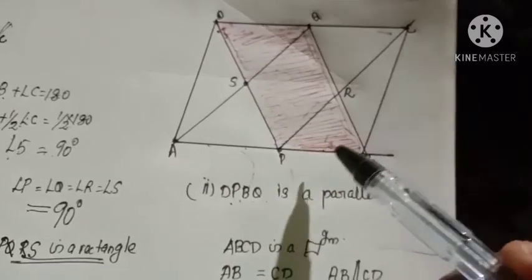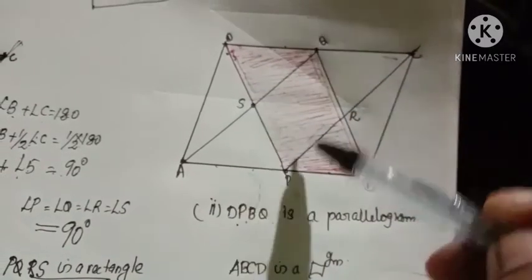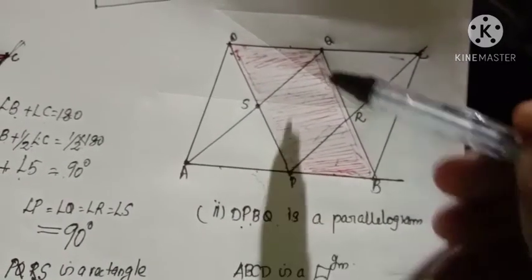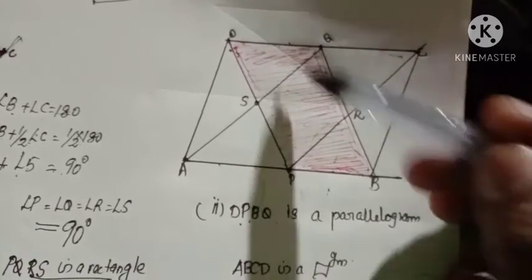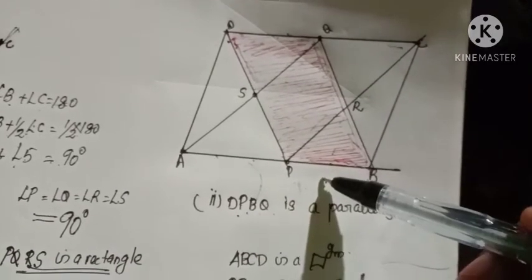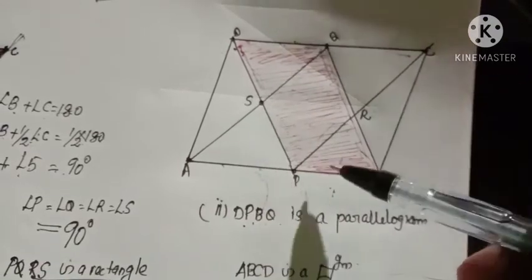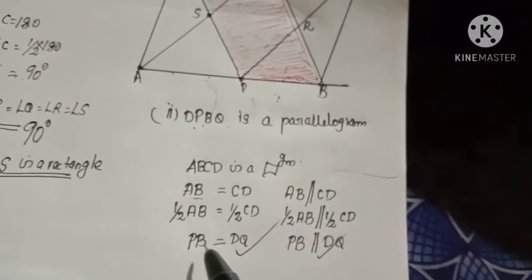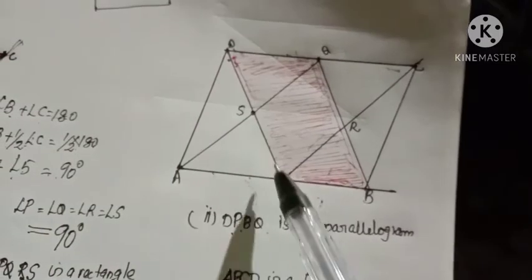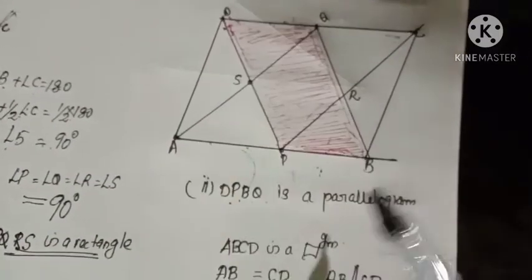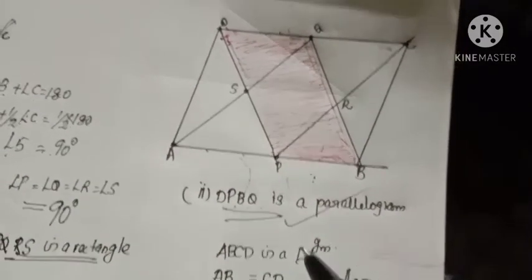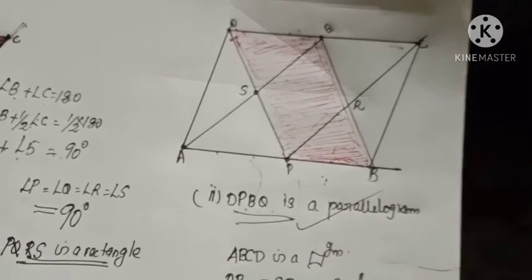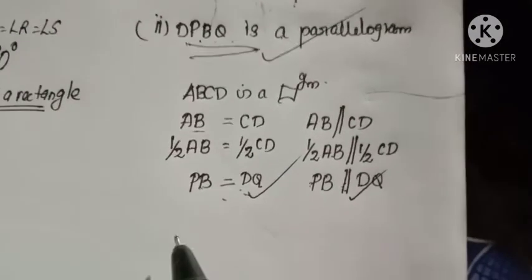Now again, what are PB and DQ in this quadrilateral? Yes, these two are opposite sides. Isn't it? Opposite sides are equal, we proved. Opposite sides are parallel, that also we proved. If opposite sides are equal and parallel, then DPBQ is a parallelogram. Okay? Now the third one we need to prove, listen,